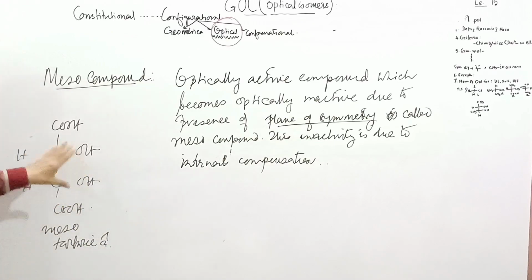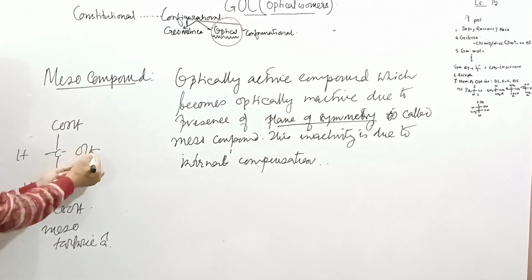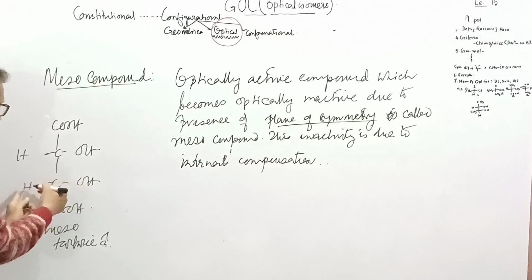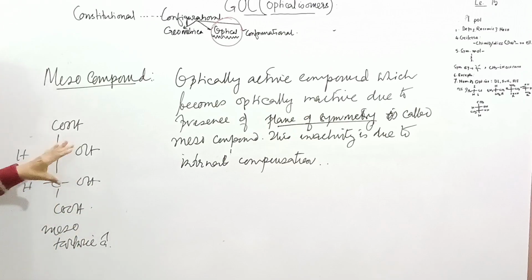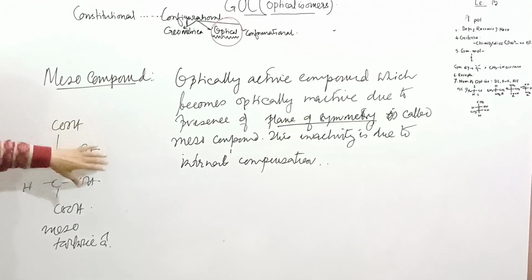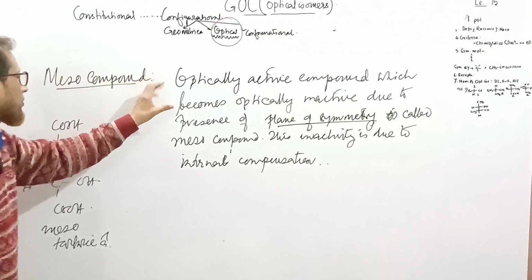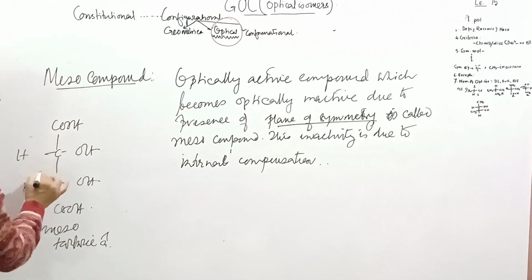Say I have taken an example of tartaric acid. The structure is this. We can change the structure. OH is left, H is right. Here, on that carbon, OH is left, H is right. So we can fix one or we can change it. Am I right? A lot of structures of tartaric acid may be drawn. Out of these, I have chosen this one to explain the term meso compound, because this compound